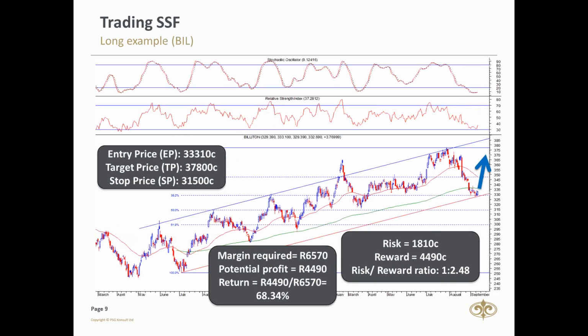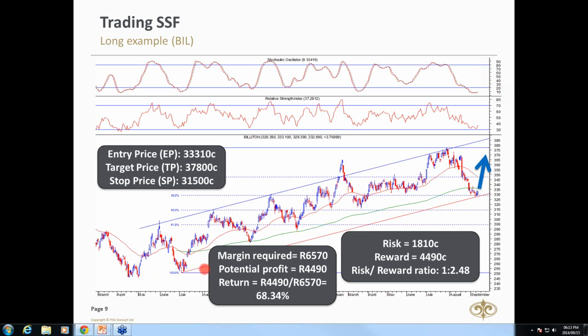Here's a long example of Bidvest. So yes, technicals are important, and this is why this trade came up. If I bring in my cursor here quickly, there we're bouncing off a support trend line, number one. Number two, we're oversold on the stochastic and the RSI indicator. We're trading just below the 200-day moving average. I like to trade above it, but it's only just below it. It's also bouncing off what I call a 38.2% Fibonacci retracement level. You can see there's a very important support level here. So the probability that the price can bounce off here was very high, being oversold.